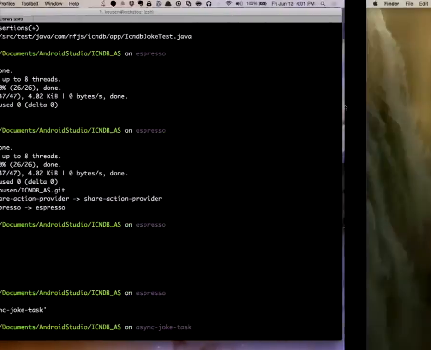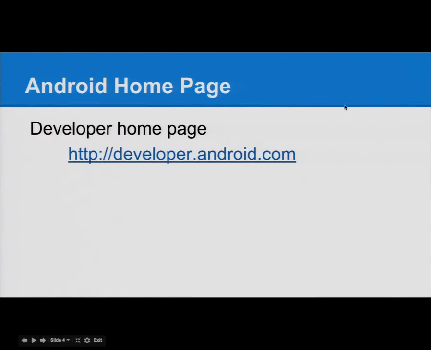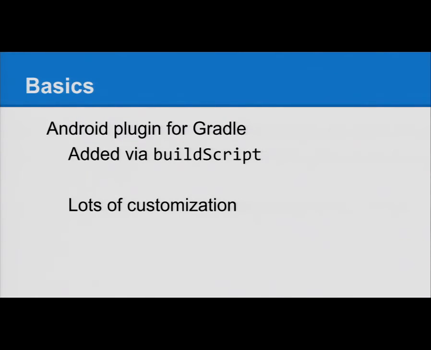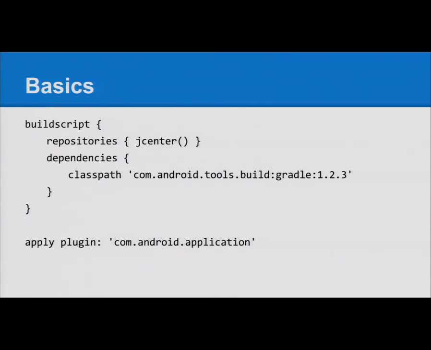Okay, so those are all the major things I wanted to show you. Let me at least run through what's here, just to give you an idea what's in the slides here, and then I can call it. And there's the link for the Android Studio. That's the business about the build scripts section. Here is the latest version of the dependency.